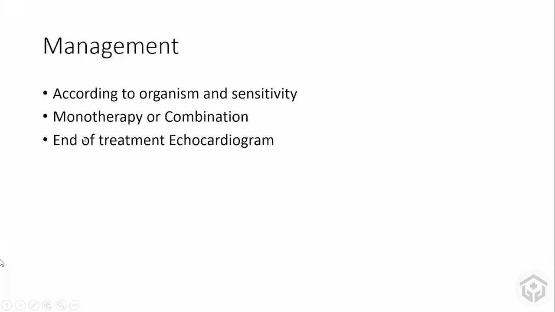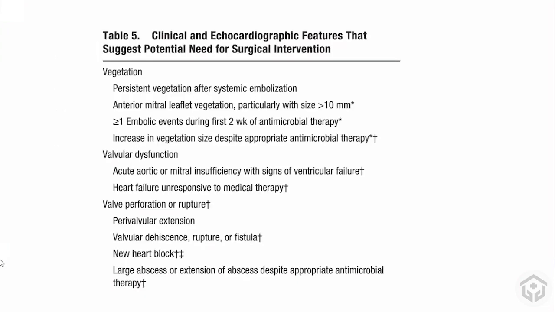Another thing, at the end of the treatment, we have to do an echocardiogram and document the findings, like calcified valves, mitral stenosis or regurgitation. Those things should be documented, because a previous history of infective endocarditis is also a risk factor for future endocarditis. So when a patient presents again with features of endocarditis, we can compare the previous echo with the present echo to see whether there is any difference, or whether it's the same presentation the patient is having this time.